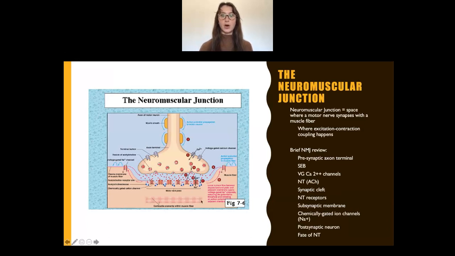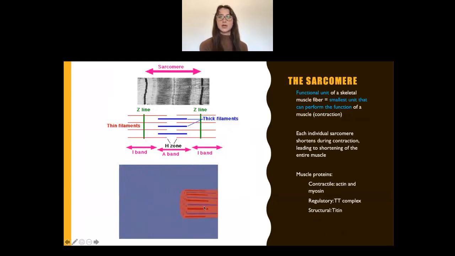So maybe pause this video right now and do a brief neuromuscular junction review. See if you can identify all of these things on the side here in this picture. So that was our neuromuscular junction. If we look